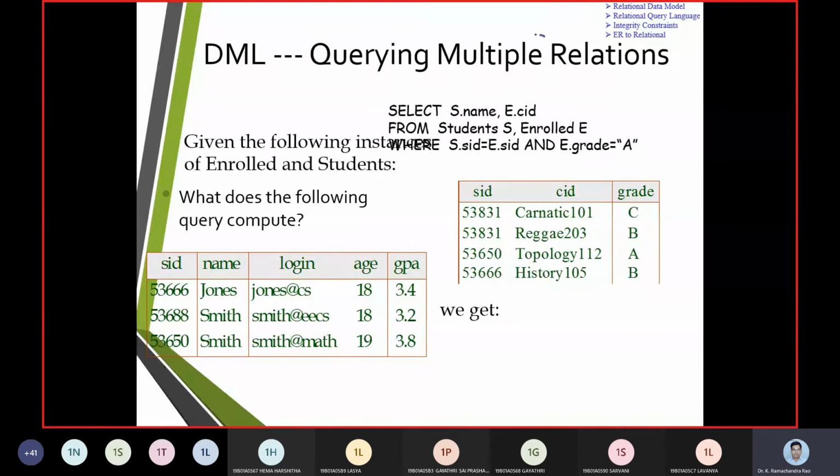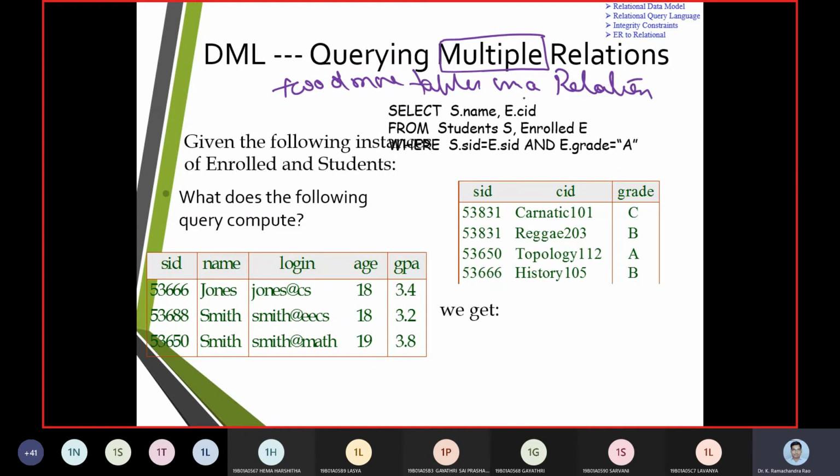For a multiple table operation, we need two or more tables in a relation. So now we are going to talk about a query here. Student is table 1 and Enrolled is table 2.